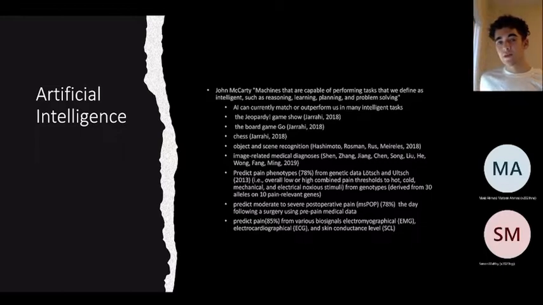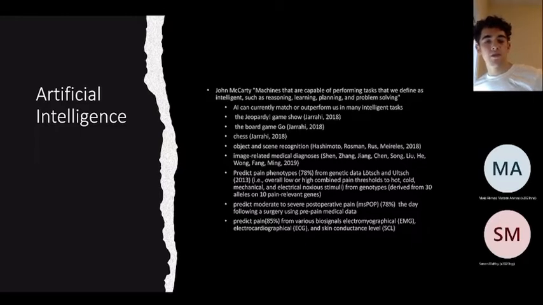AI have also been able to do successful object and scene recognition, especially at a two-dimensional level. However, this is complicated once you start to consider basically the infinite number of ways you can perceive a three-dimensional object. You can rotate it, you can see it from all these different perspectives, and you can also see it from different distances, and that in turn changes the object size on your visual input.